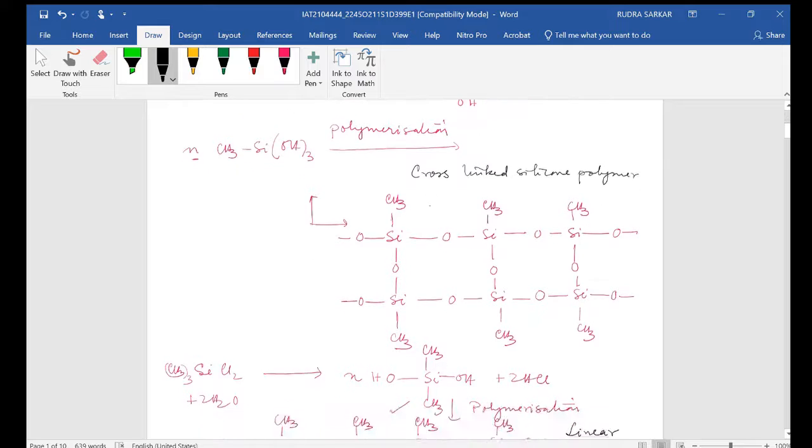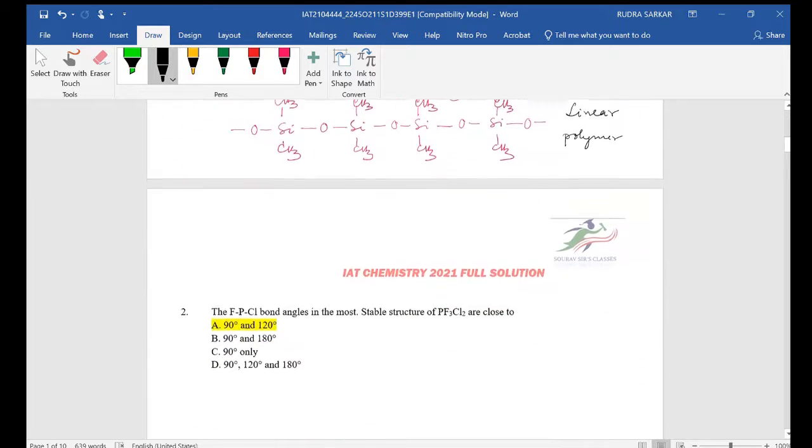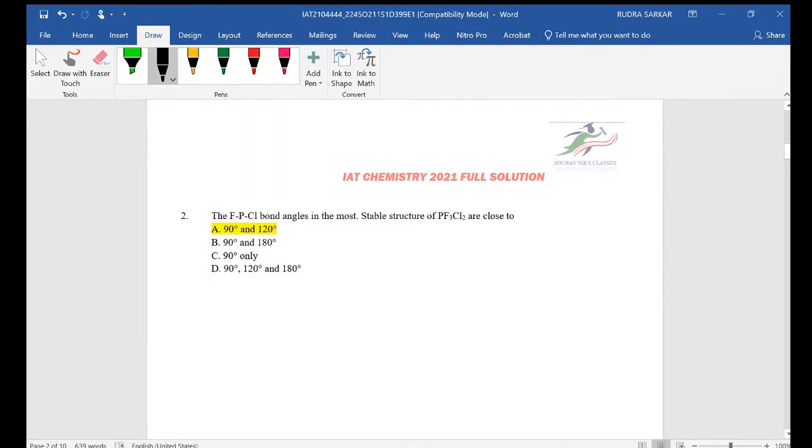For the next question, it has been asked: the F-P-Cl bond angles in the most stable structure of PF3Cl2 are close to what? Now here we have to apply a rule called Bent's rule,